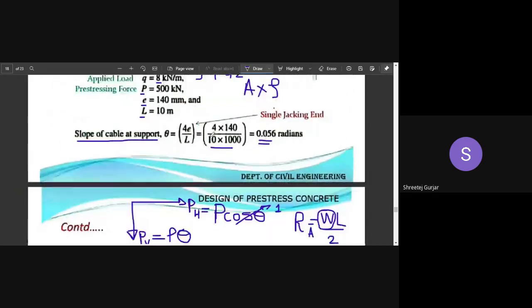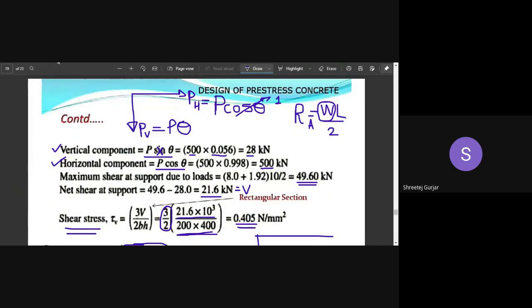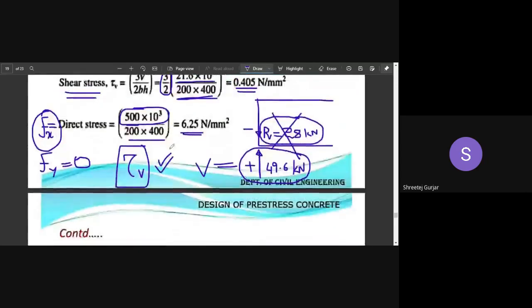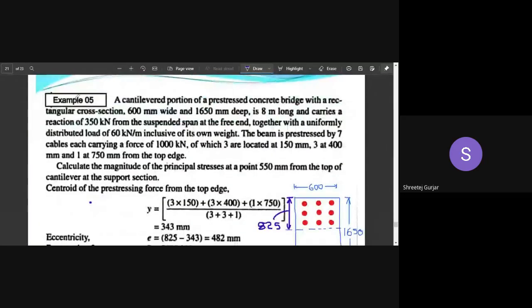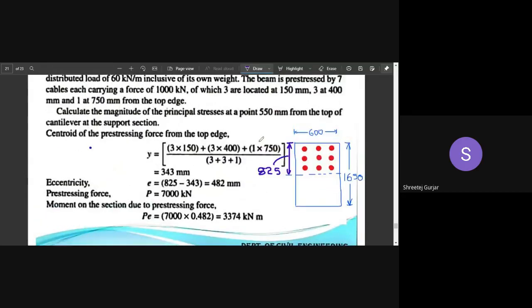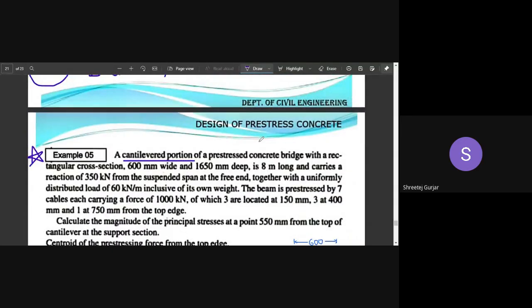If you have any doubts in this numerical, you can let me know. I hope this numerical is clear. It is easy. I hope you have understood. So with this, I think we can end your session here. In the next class, we are left with a very interesting numerical, which is dealing with a cantilevered beam. We will do this in the next class, and after this, we will head on to the next section of your fourth module.